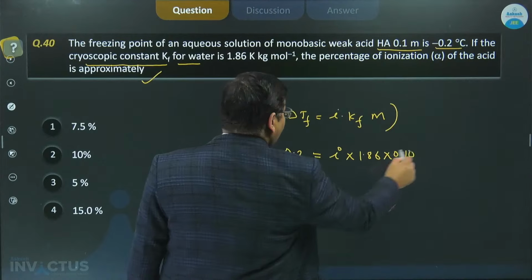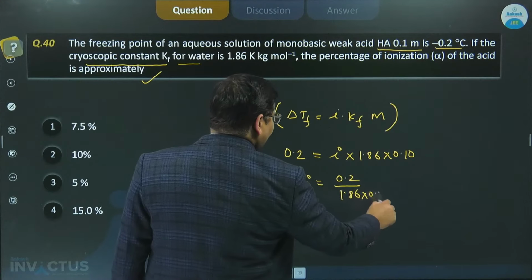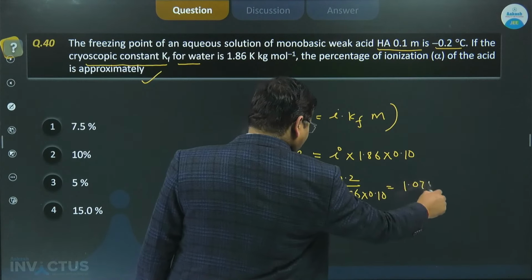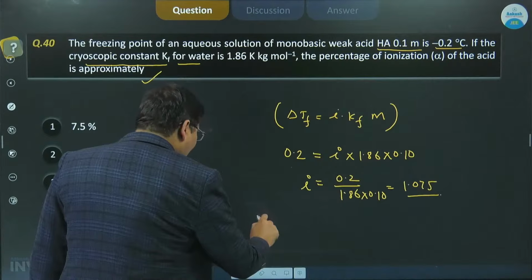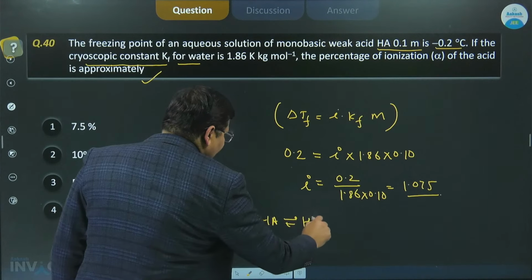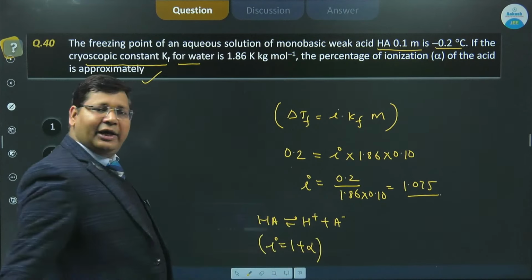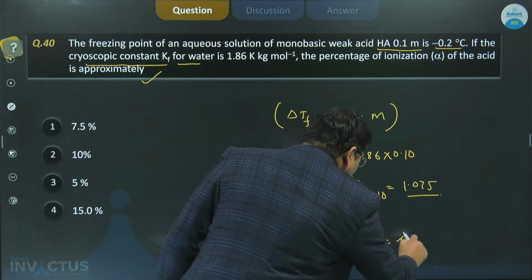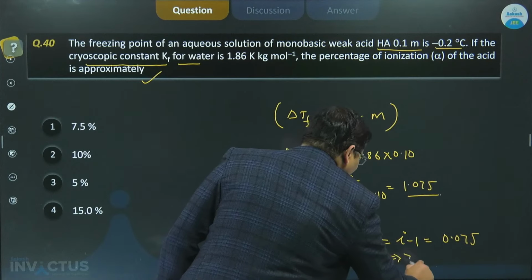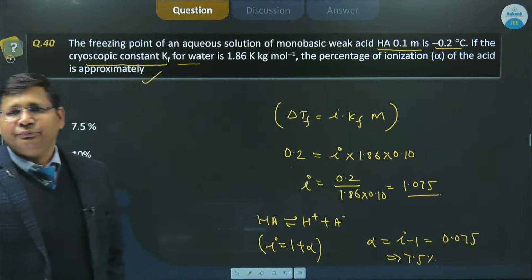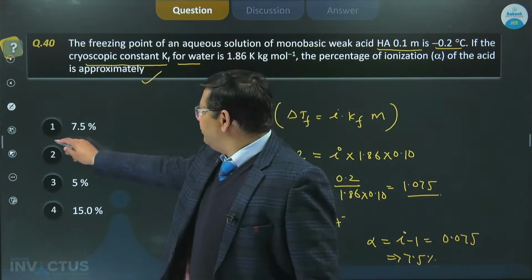मोलैलिटी इज 0.10। तो यहाँ से आप i सॉल्व कर लो, तो 0.2 बटा 1.86 इंटू 0.10, तो ये 1.075 कुछ आपका आ जाएगा, देखो सॉल्व कर। i वैसे भी आयनाइजेशन का है तो ग्रेटर देन 1। अब HA के आयनाइजेशन को हम यूज कर लेंगे यहाँ पे, H प्लस प्लस A माइनस, तो इसके i और अल्फा में क्या रिलेशन आ गया, 1 प्लस अल्फा इक्वल टू i, तो इट मीन्स अल्फा इक्वल टू i माइनस 1। तो i माइनस 1 कितना आ गया, 0.075, तो इट मीन्स इट इज 7.5%। तो बहुत सीधा और स्ट्रेट फॉरवर्ड क्वेश्चन था, ठीक है। तो नाउ 7.5 शुड बी द करेक्ट आंसर।